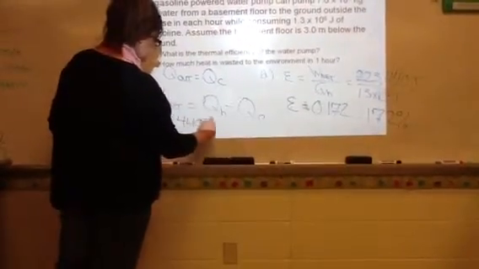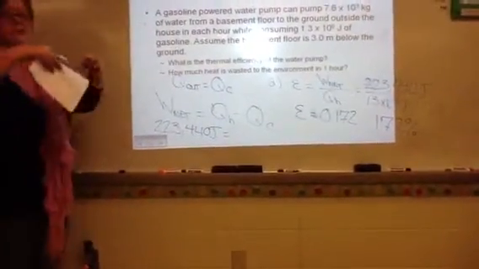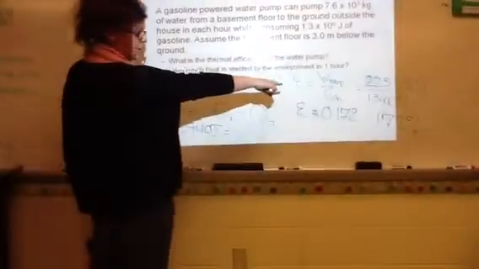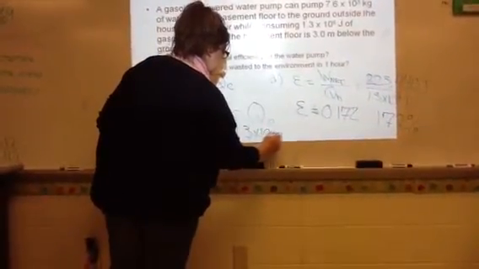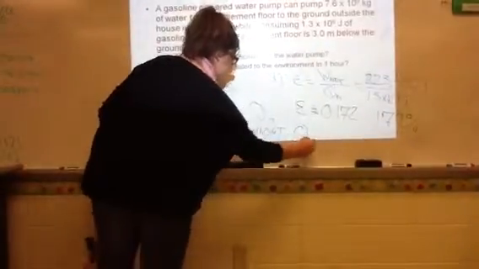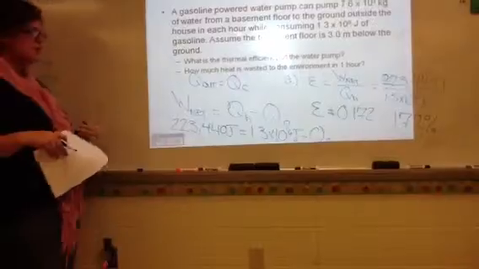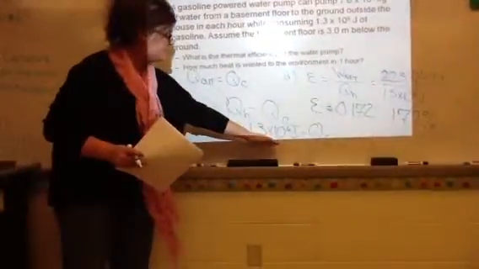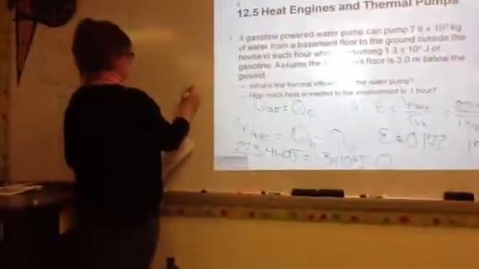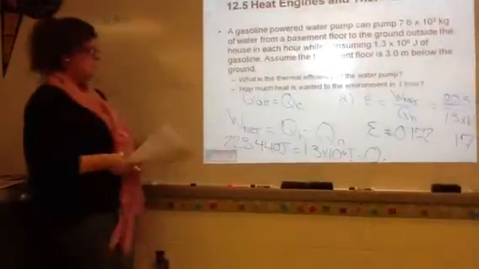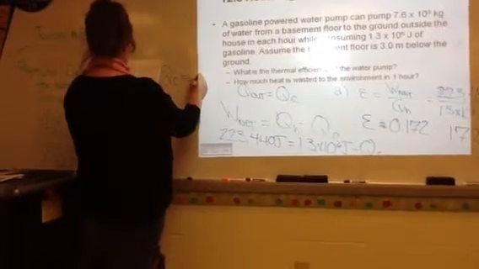223,440 joules equals, they gave you how much heat is being taken in. And that's our QH. It's 1.3 times 10 to the 6 joules. And then my QC is just the amount of heat that I'm getting out. So if I just take this number and subtract it on both sides, I'd be left with a negative QC is equal to a negative